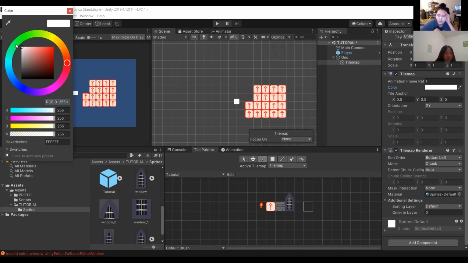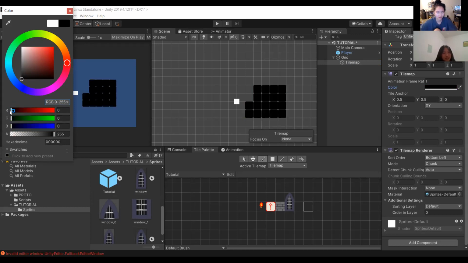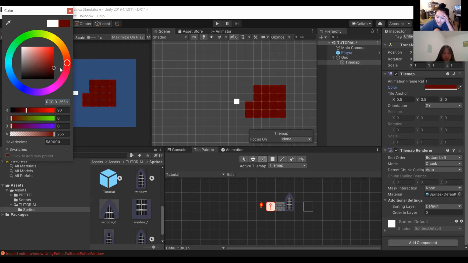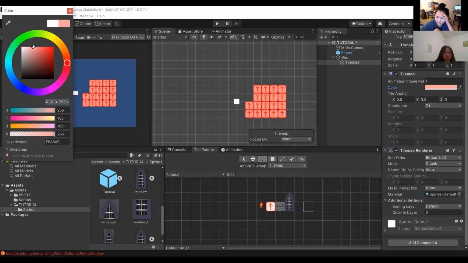If it's white, then there's no tint. Think of it as having a transparent tint. If it's black, it's completely opaque, so you can't see anything but the color of the tint. And whatever other color just tints it respectively. If you go more black or darker, then less of the sprite will show up. If you go more white, then more of the sprite will show up.